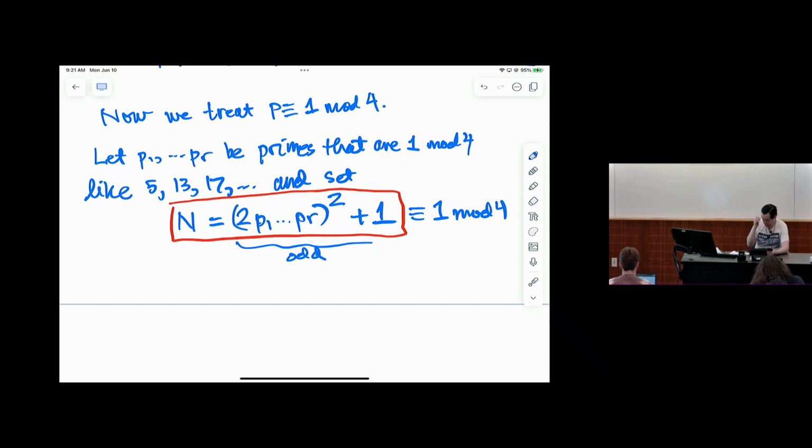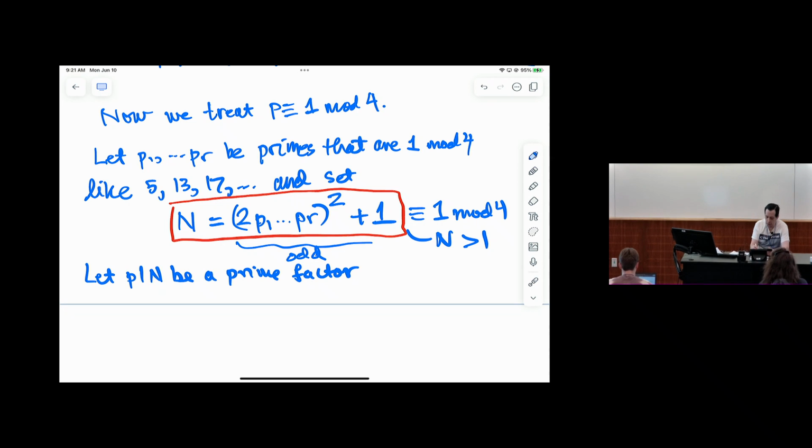And so now what we want to do is argue about the prime factors of n. So let P divide n be a prime factor. Since n is odd, and n is bigger than 1, obviously,